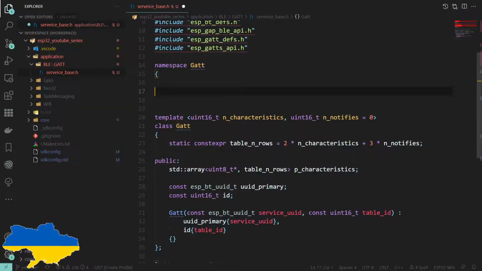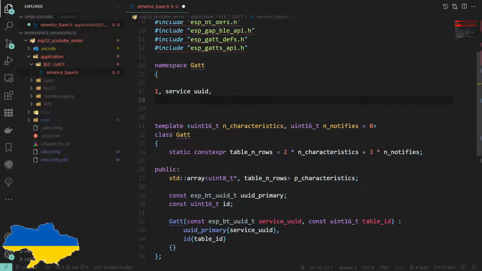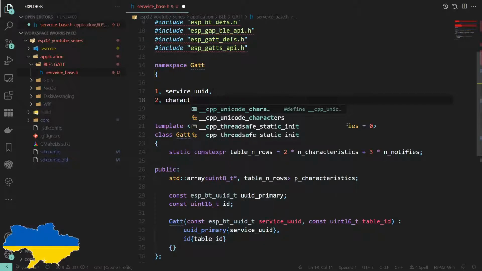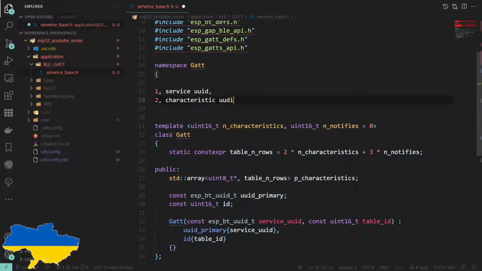So, for example, let's hypothetically say that unique identifier is 1. And then our next bit of information in the table is the service UUID. Then we might have the next identifier is 2, which is our first characteristic. So then that will say the next bit of information will be the characteristic UUID.